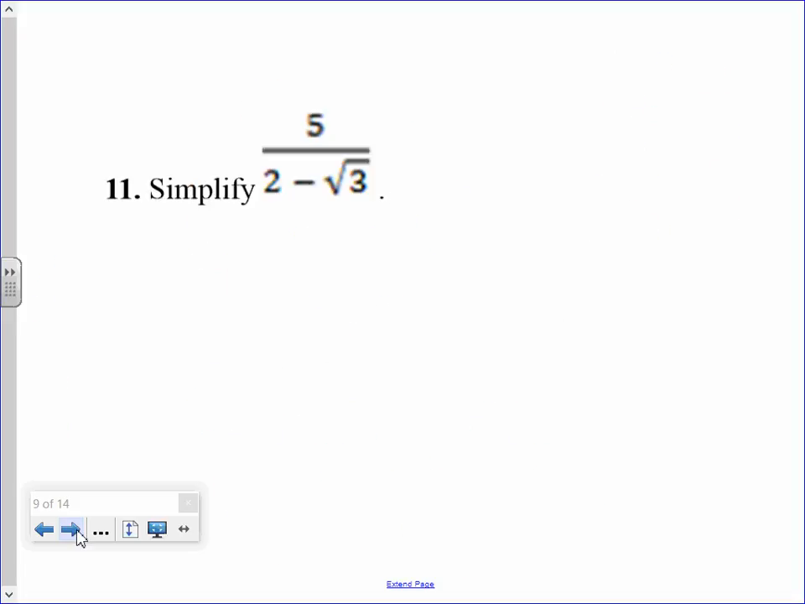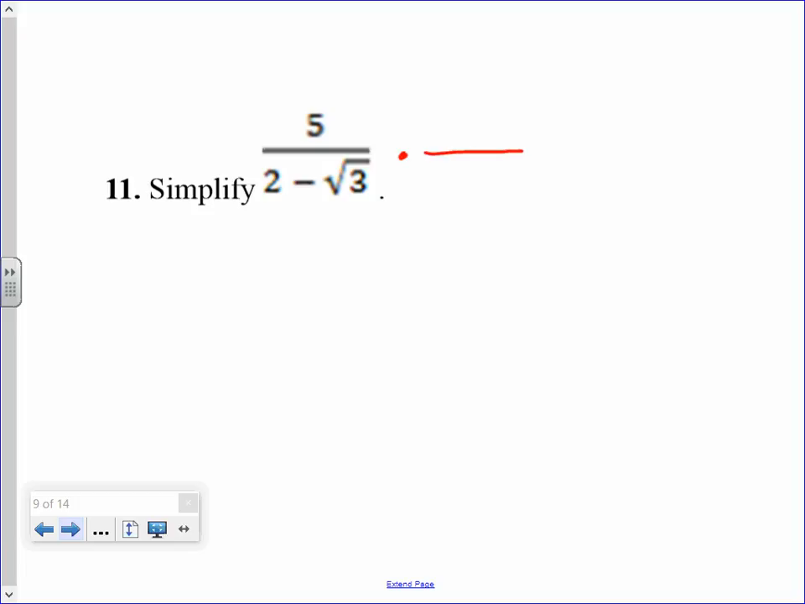Okay, 11 you're going to skip. 11 is the type of stuff you're going to do on Friday. It's called rationalizing the denominator. I'm going to do it real quick because you're going to have to do it Thursday and Friday when I'm not here. We can't have a radical on the denominator, so we've got to figure out what we need to multiply by, some version of the number 1, so that we no longer have a